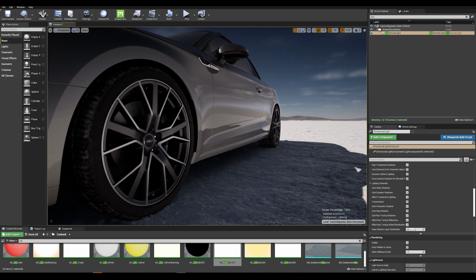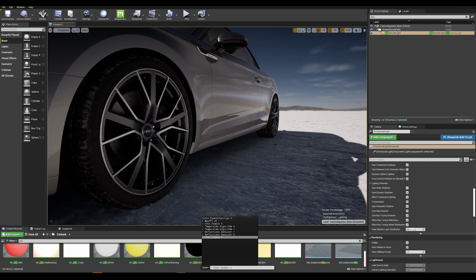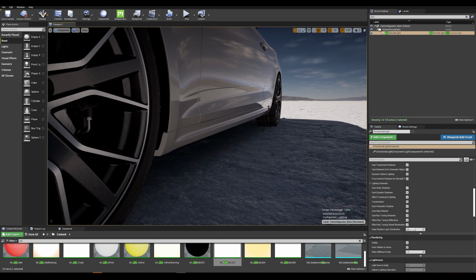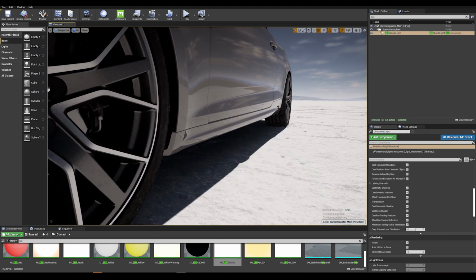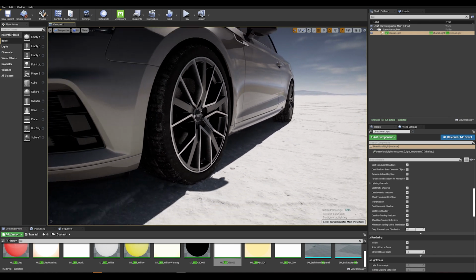Now, a second one that we used is actually SSGI, which stands for Screen Space Global Illumination. And that is also enabled in the project. Right now it is turned to 1, but if we turn that to 0, for example, we see just slightly a loss of definition in the light bounce. If I change the light here slightly, and let's turn that back on, we get a bit more light bounce going out under the car here.